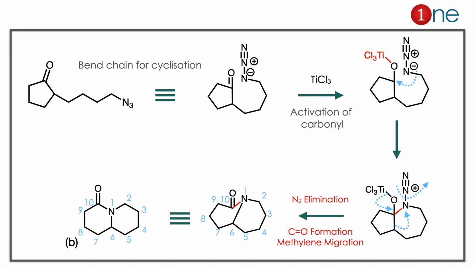So if you redraw nicely, you have the answer B, where N is the connected atom. Here you have to learn two important things. One is whenever you have a cyclization, you have to redraw the molecule for the cyclization. Then only you can write the product without confusion. The second thing is the leaving group. Always bring the leaving group near to the active center. We are bringing the nitrogen, which is the leaving group, near to the carbonyl.